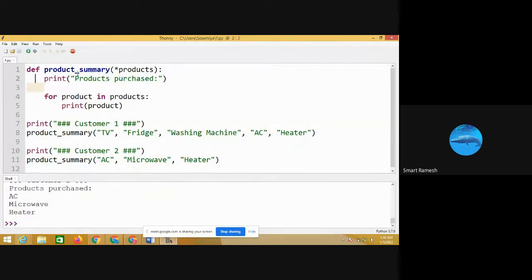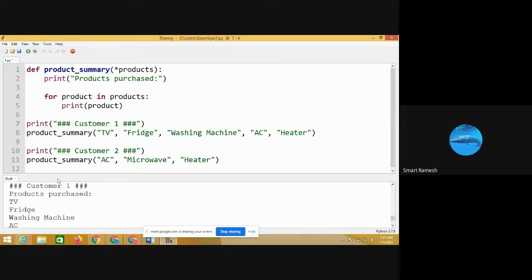Def product summary is the function name. I am using the arbitrary positional arguments. Inside the function, there is a print statement and one for loop statement. Our program starts from print customer 1. See the output screen, our program starts with customer 1.